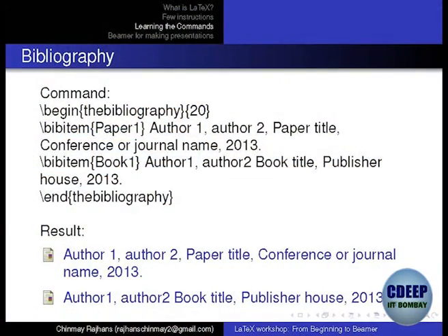The second last part is bibliography. The command is begin the bibliography followed by one random number, which I never knew what this number was, so I just give some random number called 20. Followed by, this is like itemize, like you have backslash begin itemize and backslash item. Here the command is the bibliography, backslash bibitem. Okay, bibliography item followed by a name which is an identifier for that particular item, followed by whatever you want to write. And when you are referring to it, all you have to do is just use backslash cite. Okay, here the command is backslash cite.